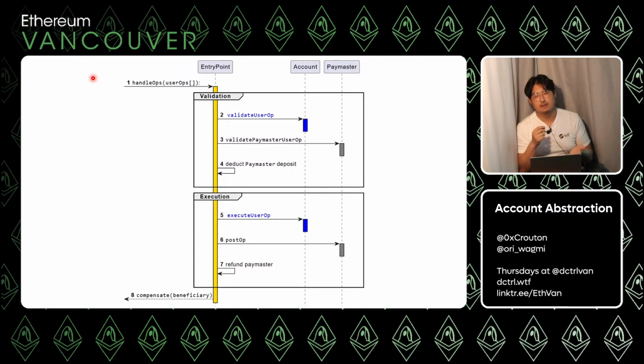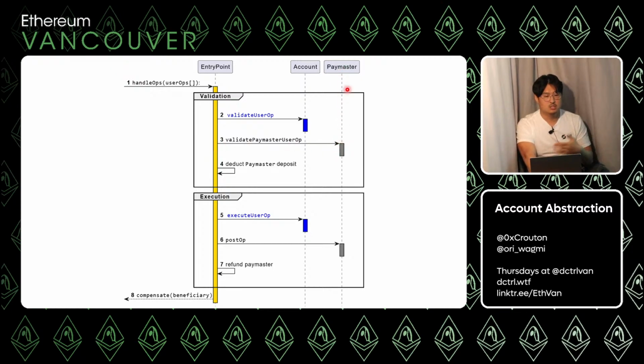So I'm a user, I do a swap, I create that user operation, it's sent to the mempool, the bundler picks it up, and then it bundles it up, and now it's ready to call the entry point smart contract. It calls handle ops with one user op, and it is the swap from user A. So same thing, validation. I take user op A, call validate, make sure it's all good. And then it says, okay, this user op is actually using a paymaster. So I'm going to call out to this paymaster.